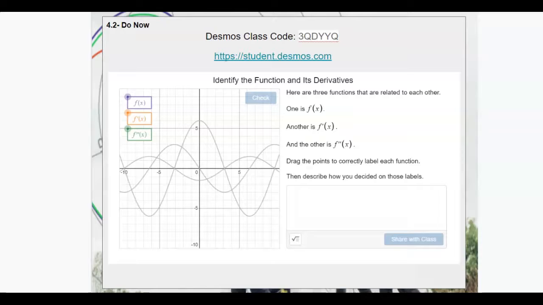You have to, from the three graphs, choose f of x, f dash of x, and f double dash, the second derivative. And then once you've passed that, then you need to create your own equivalent problem for everyone else in the class. And then you will be able to see each other's problems and solve those as well. So that's your first step. And then once you've done that,